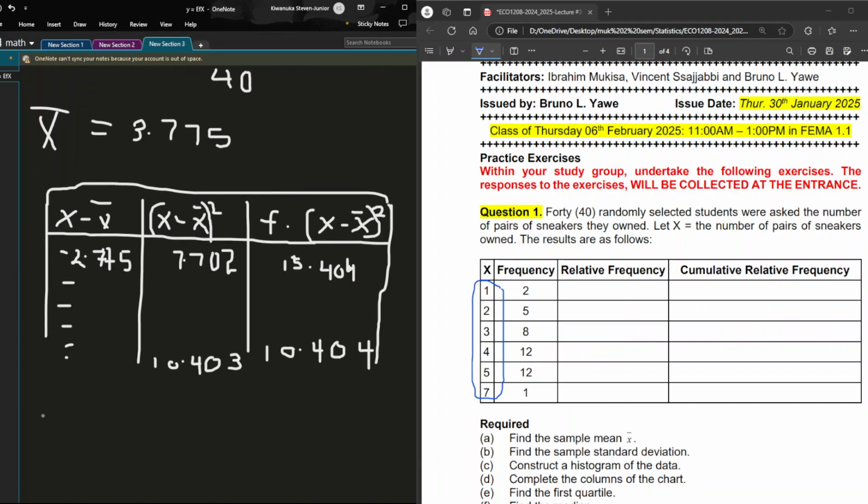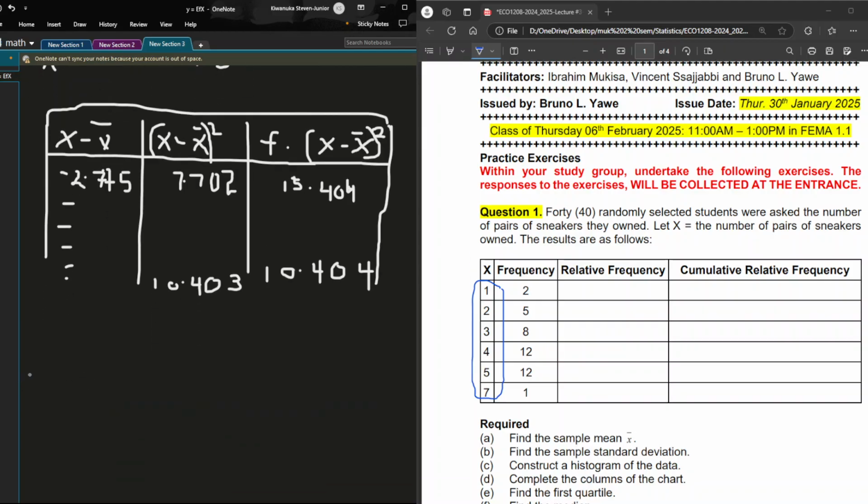Ungrouped has a standard deviation formula, which is given by standard deviation equals to, remember standard deviation is the square root of variance, and the variance for this is summation of f into the x minus x bar squared